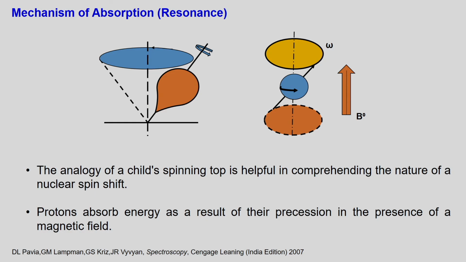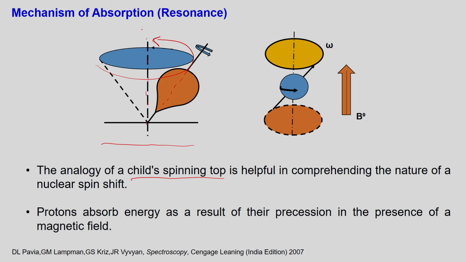So, why are we saying resonance? Resonance in terms of nuclear transition is very interesting. See, this diagram is based on the analogy of a child's spinning top. You must have used it in your childhood. When you spin this spinning top, it rotates along its axis, and it also rotates in this manner. So there are two frequencies: one is the rotation about its own axis, and the other is the rotation about an axis perpendicular to the ground.